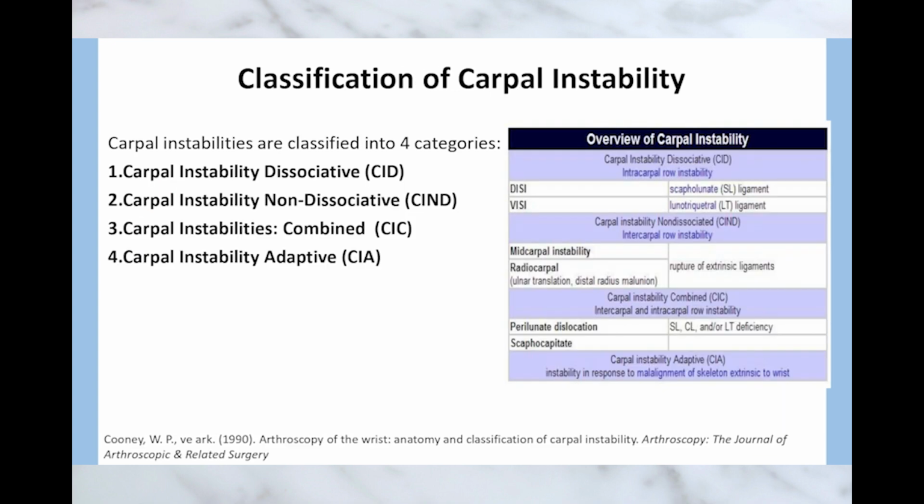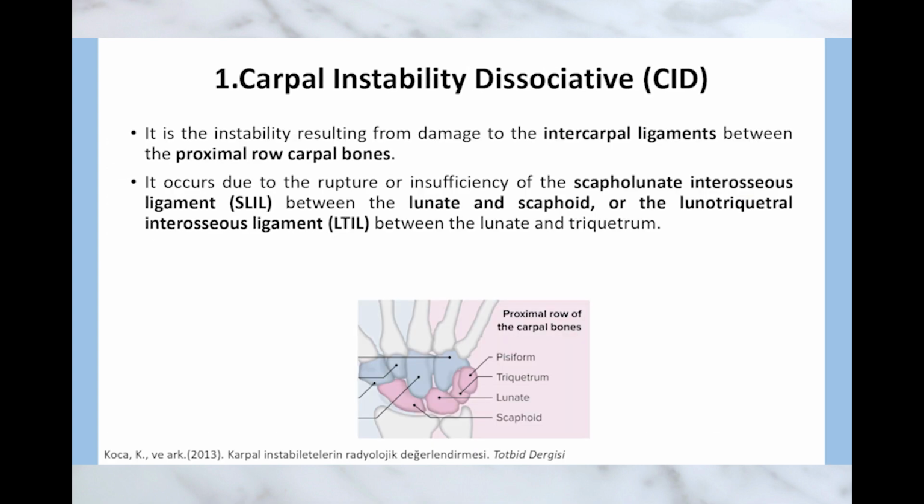Now, our sources outline a way to classify these different types of carpal instability. This is based on the work of Cooney and colleagues, and it seems like there are a few main categories. Right, yeah. This classification is super helpful for organizing these different patterns of instability. So the big difference is between carpal instability dissociative, or CID, and then carpal instability non-dissociative, CIND. It's basically whether the instability happens within a row of wrist bones or between the rows. Okay, so within a row or between rows. So let's start with CID, the dissociative kind. What's the key thing there?